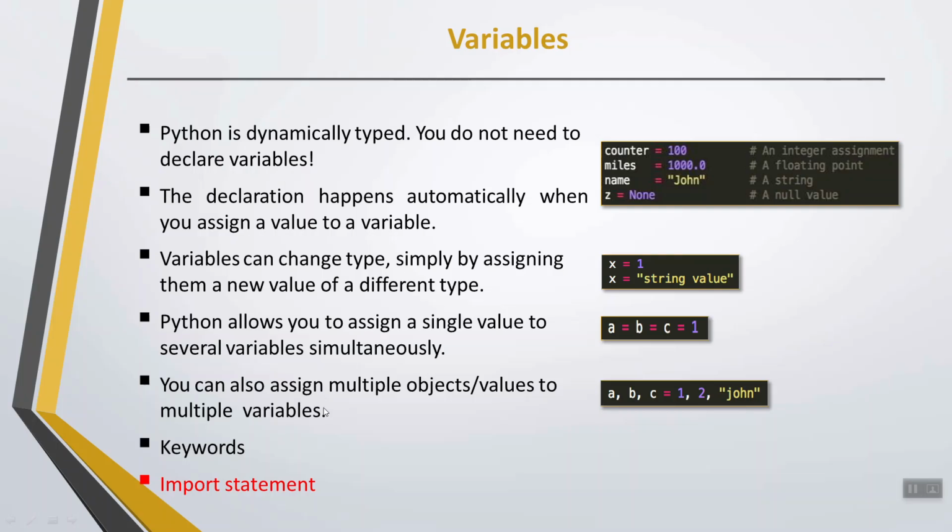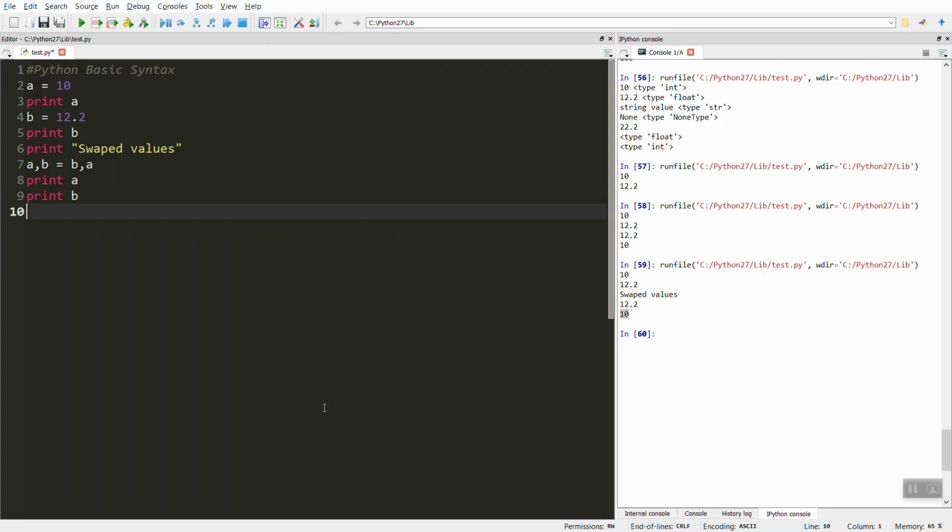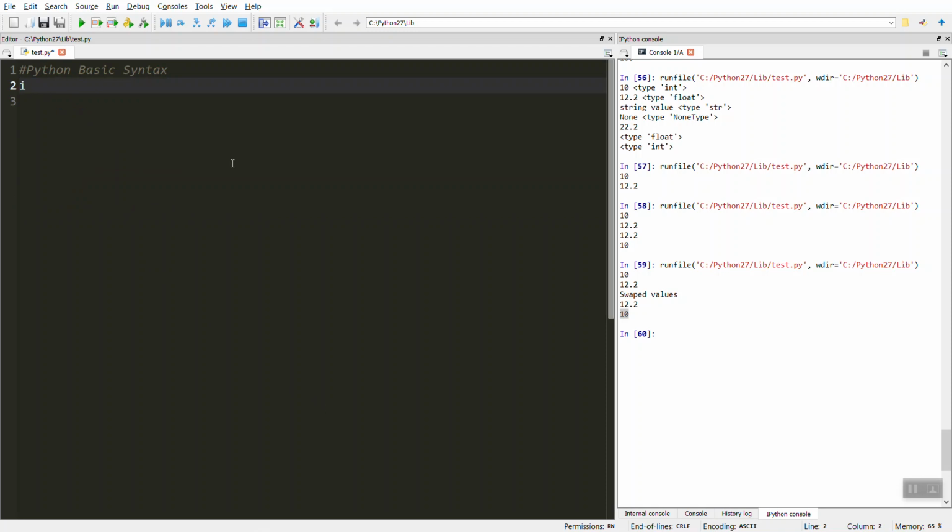After that, keywords. Keywords are those words which a language has reserved for special purposes. For example, print is a keyword. If we use if, it is a keyword; we have multiple keywords available. If we want to see the keywords, we can import keyword.